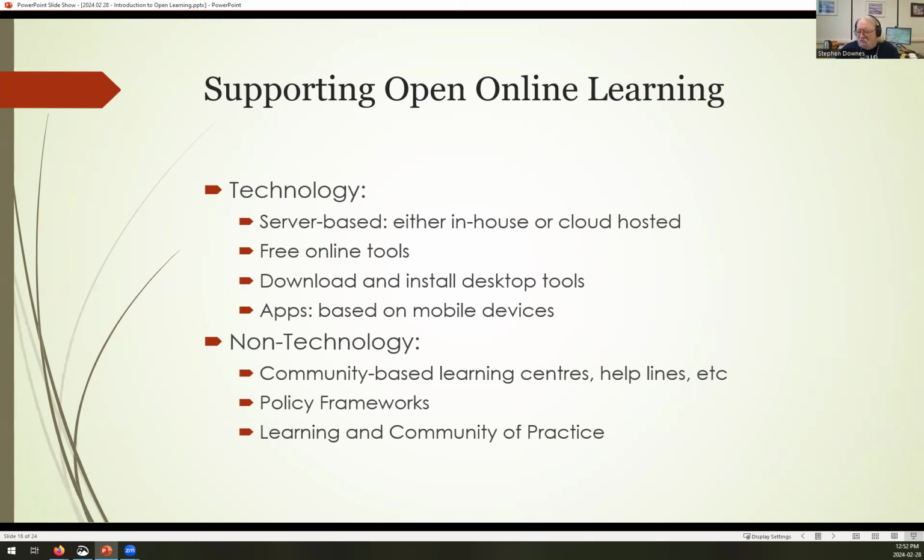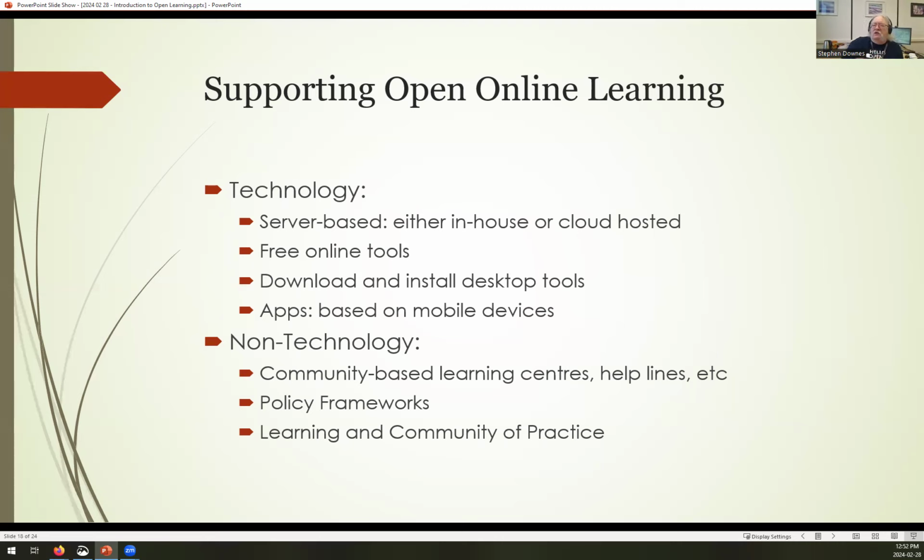And then just the training and the community that practitioners need in order to provide open online learning. It's not the sort of thing, as we saw in remote learning, you can't just suddenly know how to do it. It really helps to have a community that helps you figure out what to do and how to go forward.